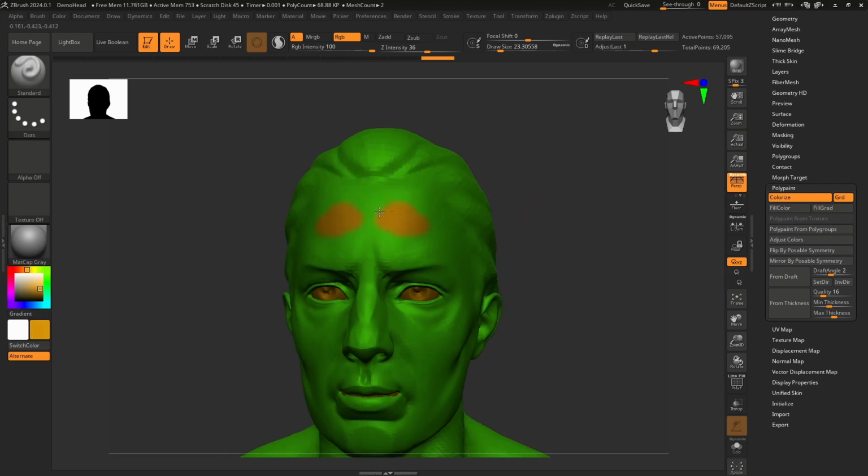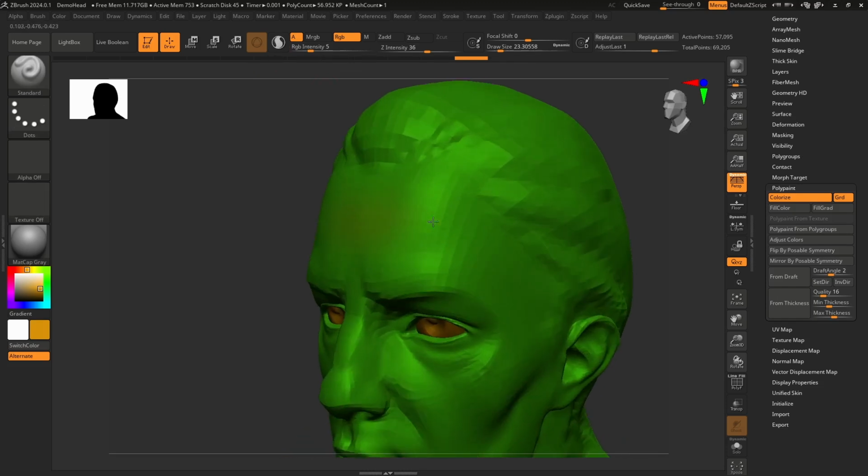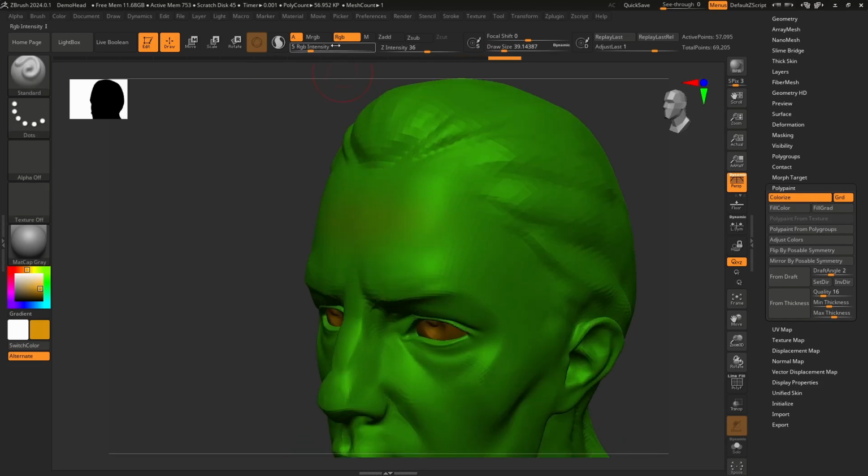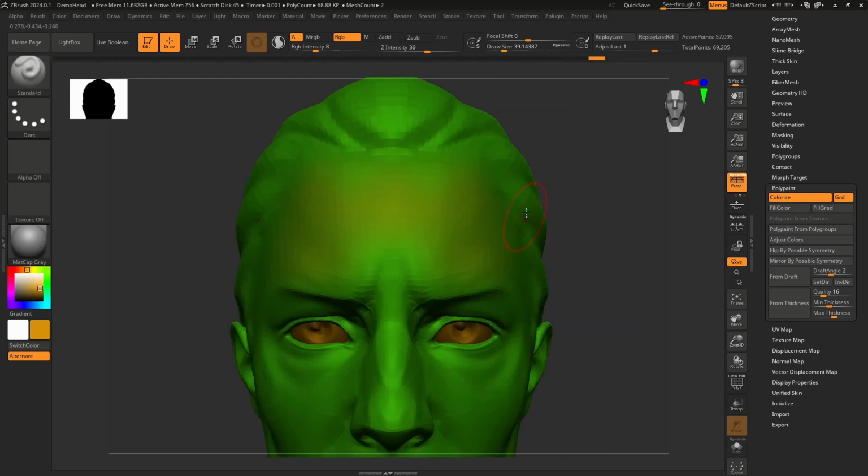So now, as you see here, we can make this look more dynamic by changing color intensity. And now I'm not right away painting with full intensity. Instead, I'm slowly building the value, right? So the more I paint over my object, the more I'm applying this color. What we could do also